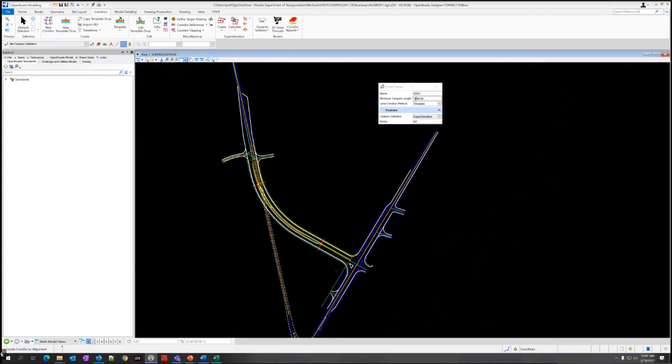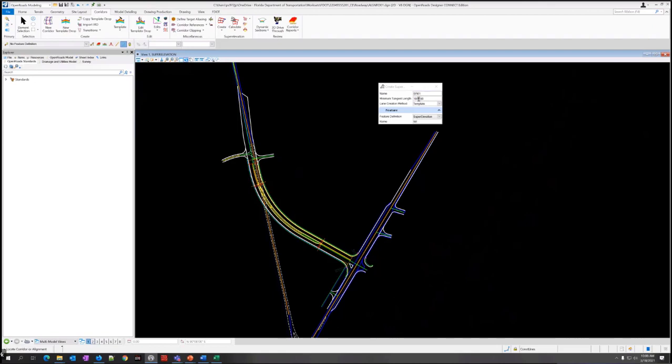For our purposes, we don't have to worry about the minimum tangent length, but if you have a lot of curves, based on this setting it'll create one super elevation section for your whole project, or it'll do one per curve, depending on how much tangent is between each curve. That's going to be used on this number.